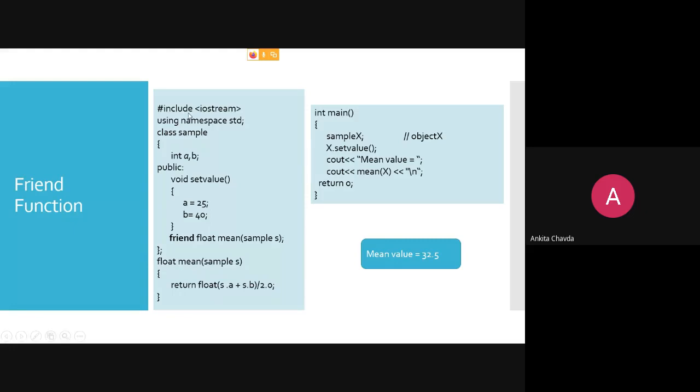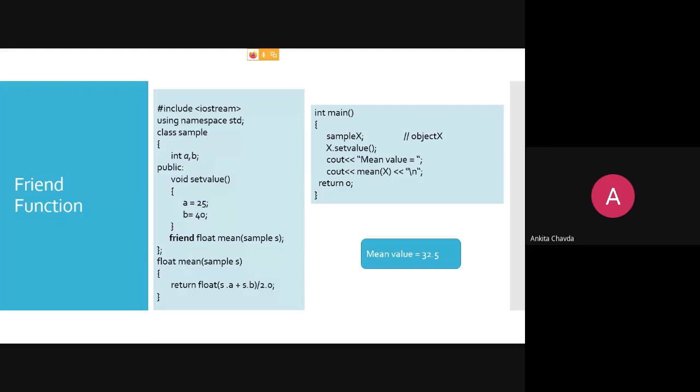So you cannot write it with the sample scope resolution operator and then mean, right? And you cannot call this function like x dot mean. No, you are not calling it like this, because that is not part of your class.